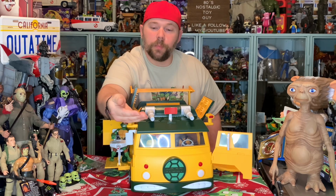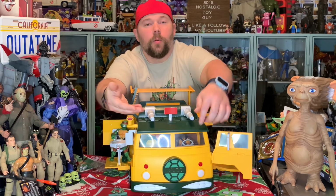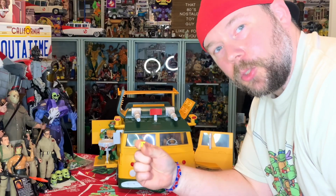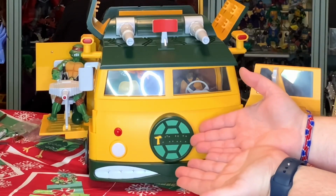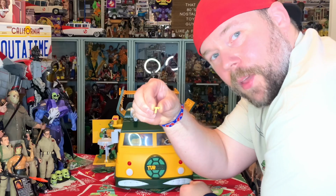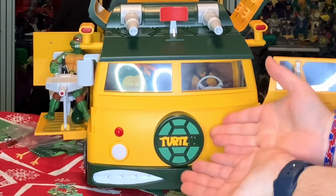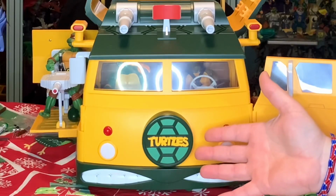There are letters that spell out the word turtles. And that goes on the front of this van right there, right in the middle of this right here. We're going to go ahead and do that. All right, guys and gals, we're going to install that turtles on the front of this van. We're going to start out with the T. Then we got the U. Then we got the R. Then we got the other T. Then we got the L. Then we got the E. And then we got the S. And look at that. Turtles